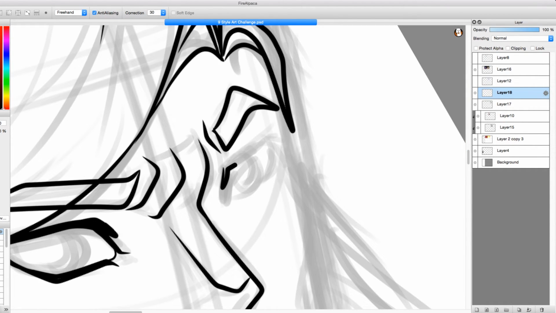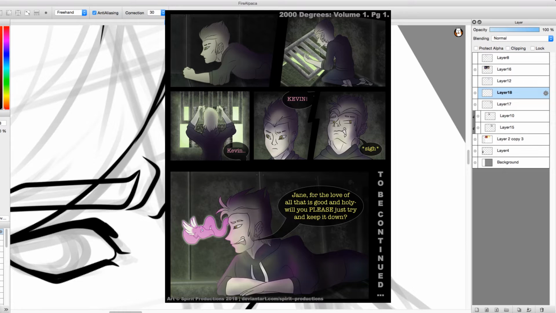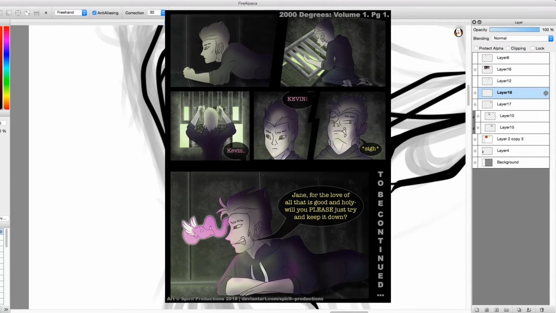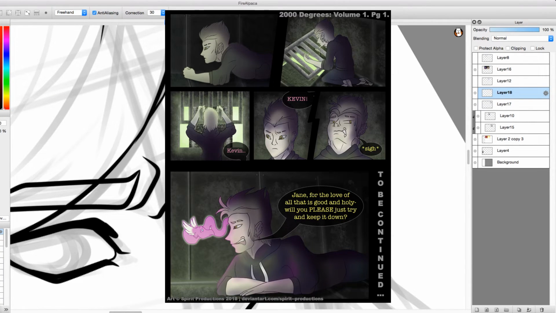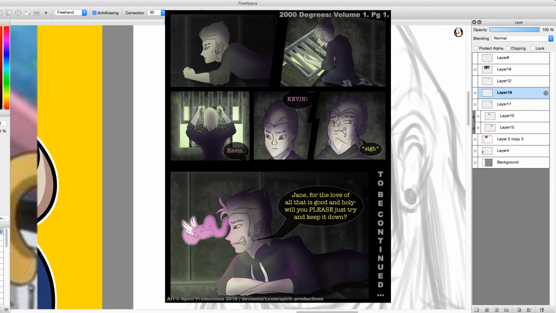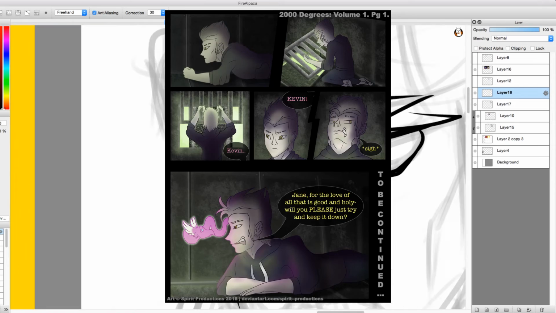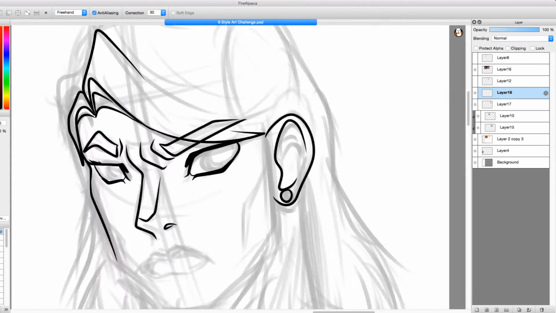I learned this the hard way. Back in 2015, when I was planning on making 2000 Degrees into a webcomic, I was going to take an anime-esque style. However, due to the complexity and just how time-consuming anime is to replicate, I quickly found that this was not going to be a viable option for what was ultimately a one-man show.